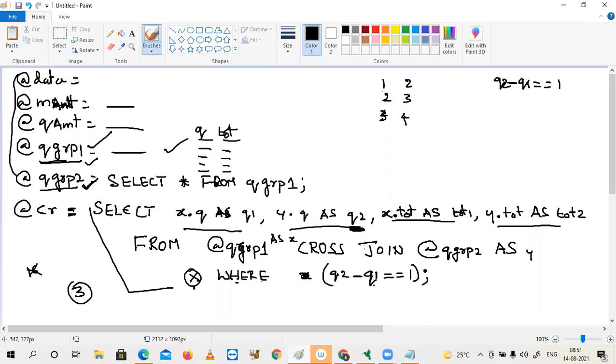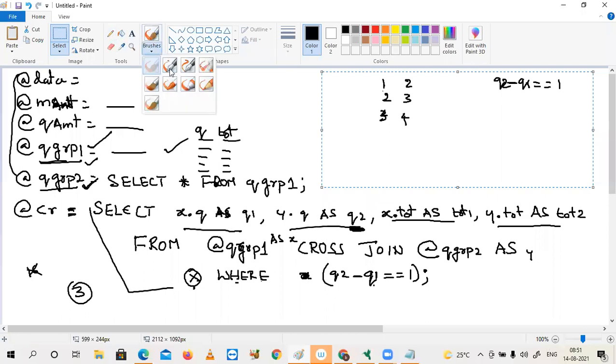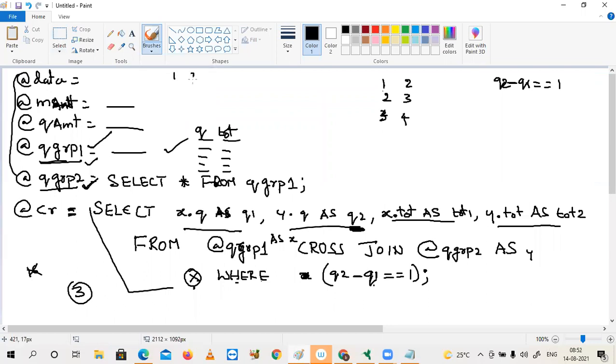Sir, here a small doubt. Yeah, please. Here we are having Q group 1 and Q group 2, no, sir? In that, what are we having? Same data. Both are having the same data. Copy of the table. Q1 how much sale, Q2 how much sale, Q3 how much sale, Q4 how much sale. Both are having the same data. Already in the previous picture you have seen that.